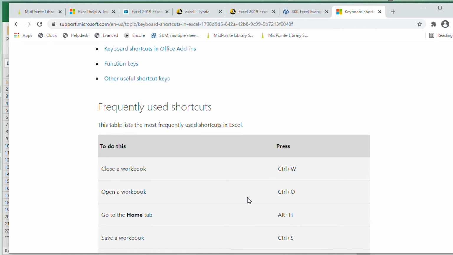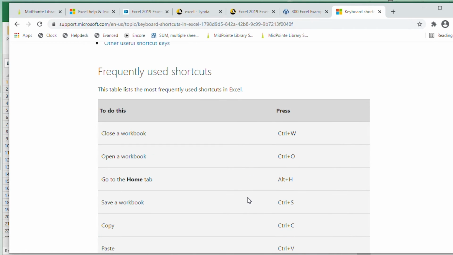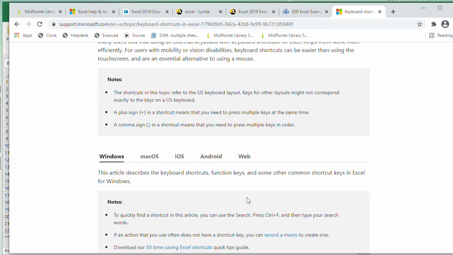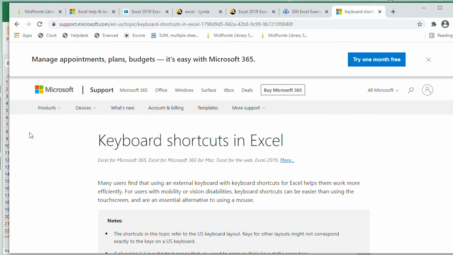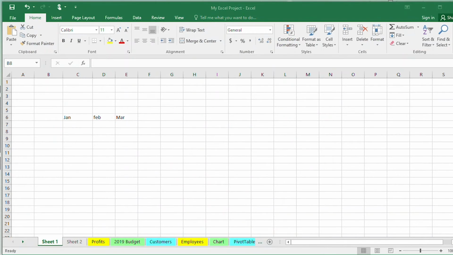So many, lots. And again, some of them you may use frequently. Some of them you may not be interested in. It's just as easy to click around where you are. But I just wanted to point out that if you are interested and you want to learn them all, this is one place where you can find them all listed together for you. Within Excel, the program itself, a lot of times if you hover over something, it'll tell you,